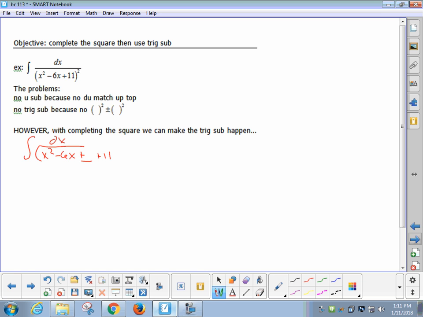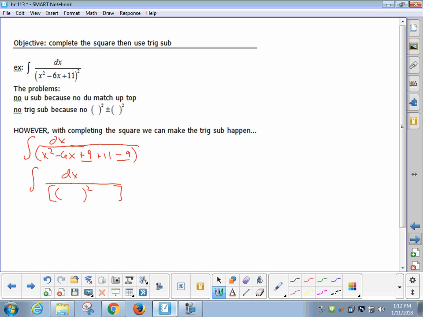Plus 9. Can you just go about saying, hey, I feel like I have 9? No, you cannot do that. You must keep the equation balanced, and therefore subtract 9. You can't really balance the equation because there's not an equation to be had. So it's an expression, add and subtract. All right? That then gives you the trig sub pattern. What is that in brackets? The square of